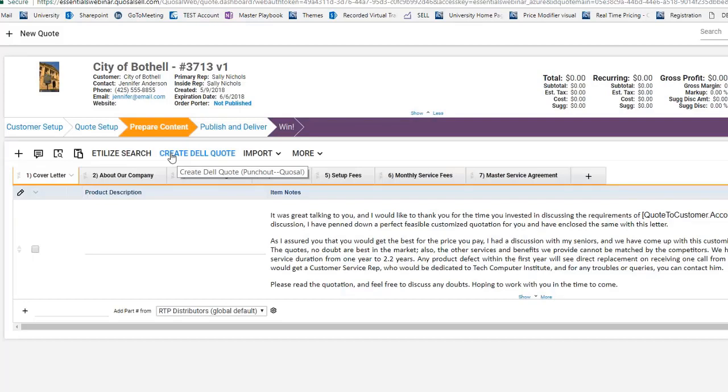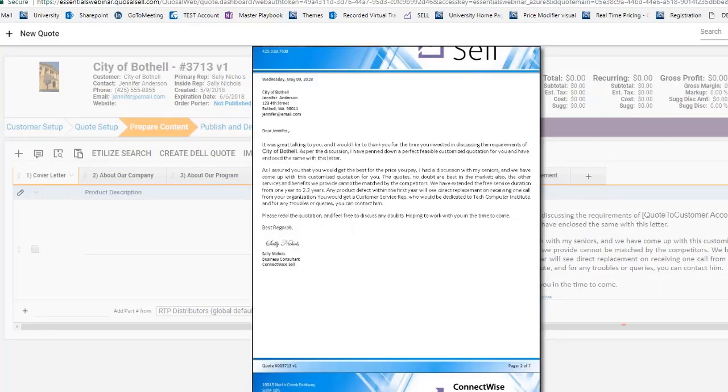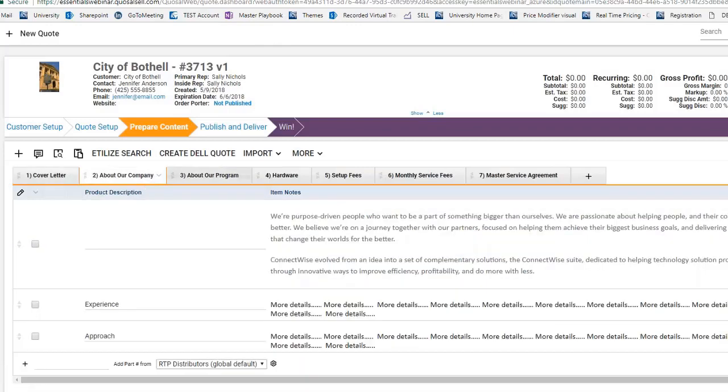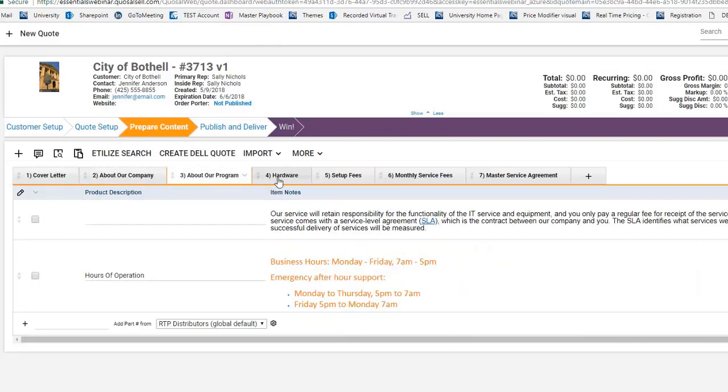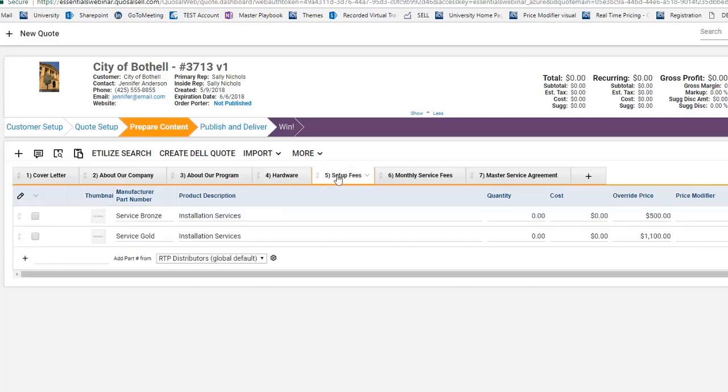And then I'm going to move over to prepare content. And here's my cover letter. And if I were to preview this really quick here, you'll see that tag is going to pull in City of Bothell. You can see that on the second row there. And about our company, about our program, and then moving on,